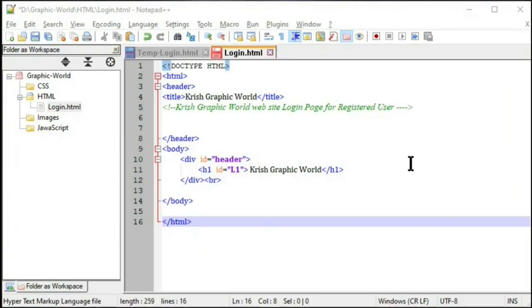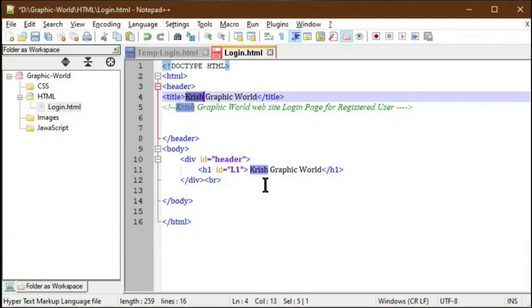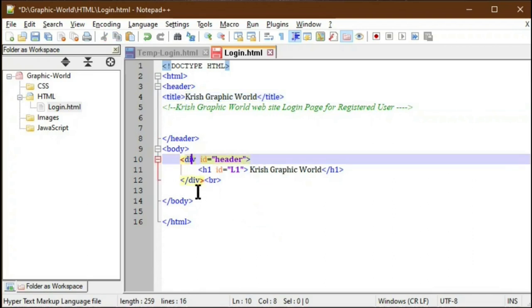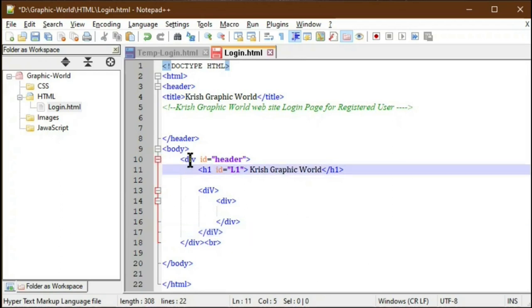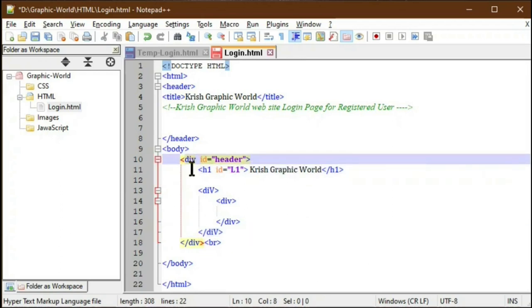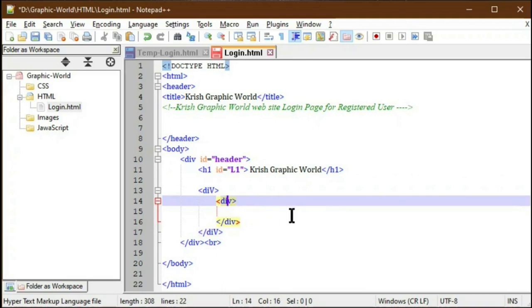We changed the highlight settings also. Suppose I select Chris, you see wherever Chris is available it is highlighted. Same way we have checked the HTML end tag. Already we have seen that if I select div, then it shows the div end tag. For demo purposes, I added another two divisions. If I select the first div, it automatically shows the corresponding end div. Same way, I select this div, and only the corresponding div will be selected. So this is the main advantage of highlighting the HTML end tag and start tag.